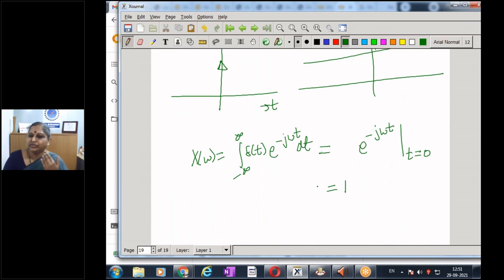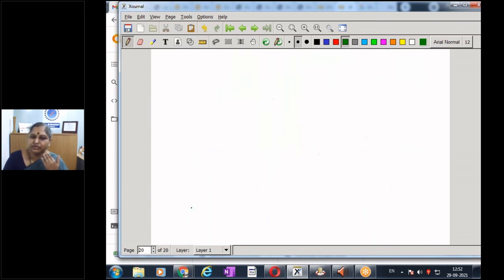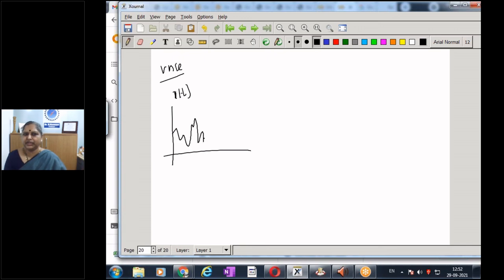So is it clear? What happens in Fourier transform is we try to get the frequency components which are present in the signal. Now suppose I take my speech, my voice, and I plot my voice. It's going to be something like this, because I keep talking loudly, softly, so my amplitude keeps on changing.